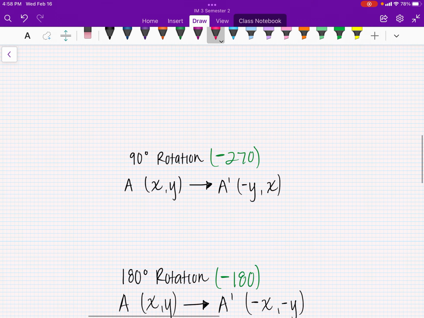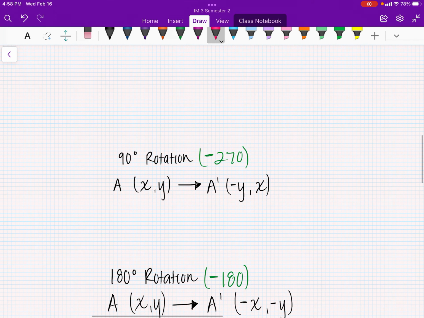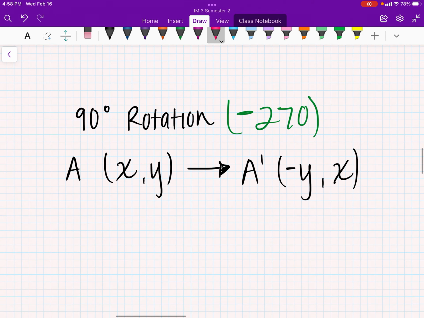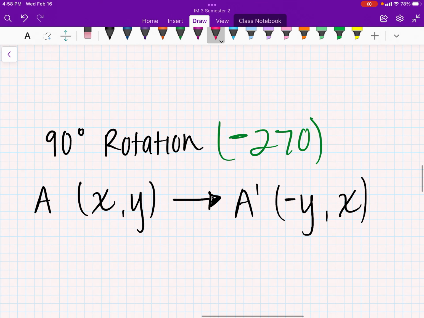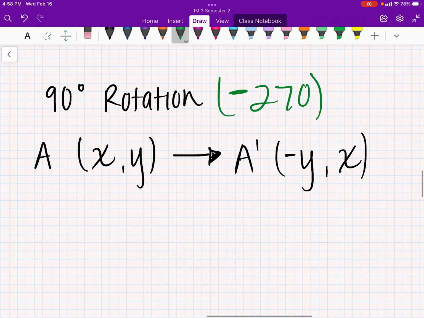Now, let's go ahead and move on to this next one. And the next one talks about rotation of shapes. So I do want to start off with some formulas here. Now, in this case, guys, starting off with the 90-degree rotation, if we have a point, for example, I'm just going to make up a random point. Let's say A in this case is the point